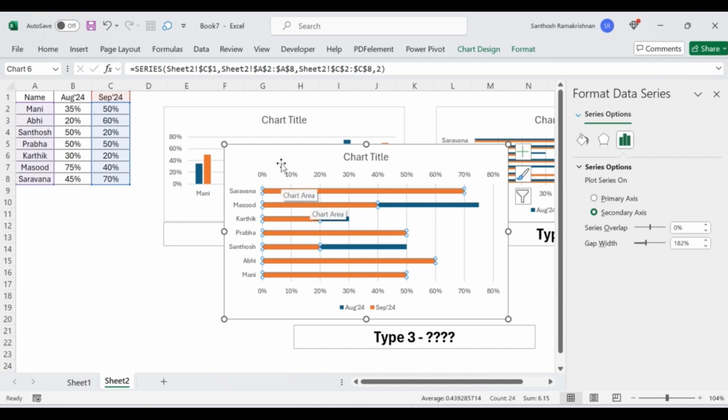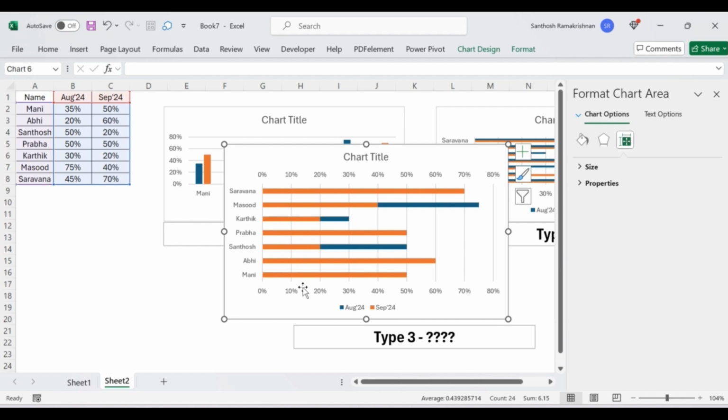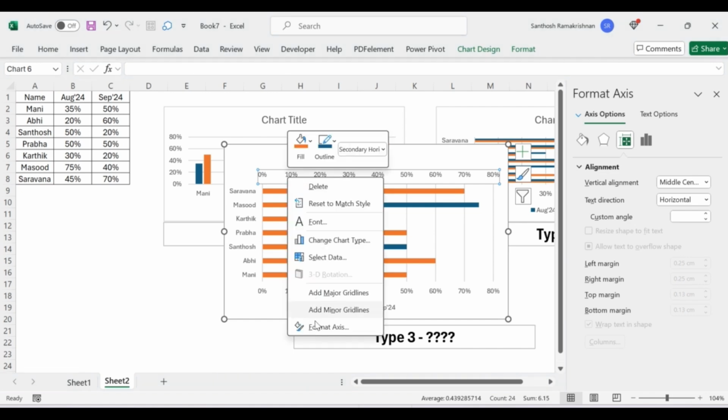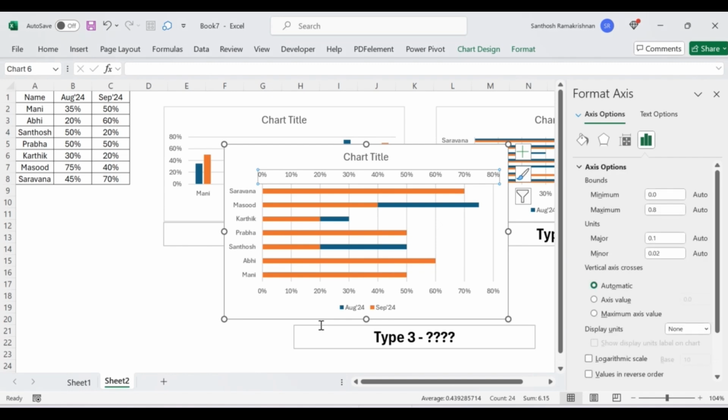So what will we do next? We got the secondary axis here and the primary axis here. So we will do a little modification in our axis. Click on that axis, right click, go to Format Axis. Now you have the minimum and maximum options here. So what we need to do now is